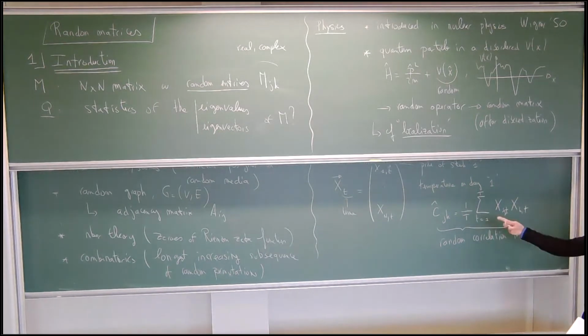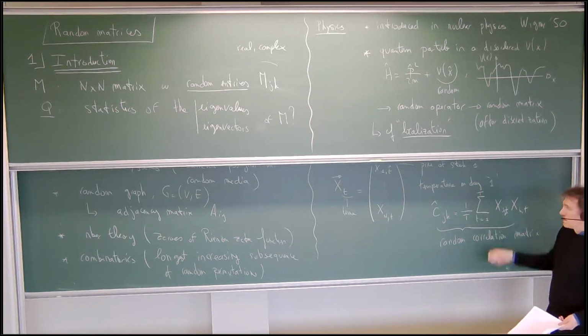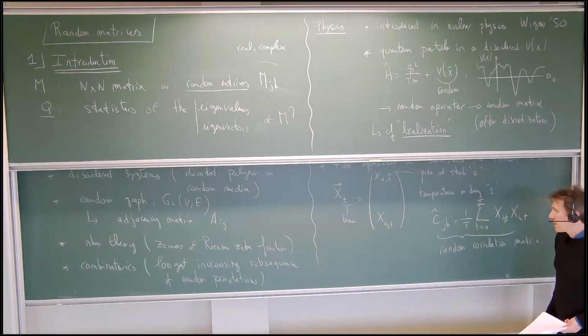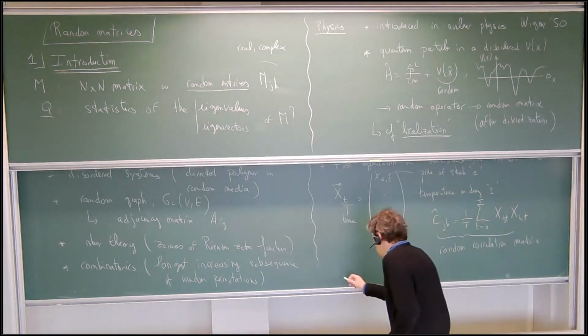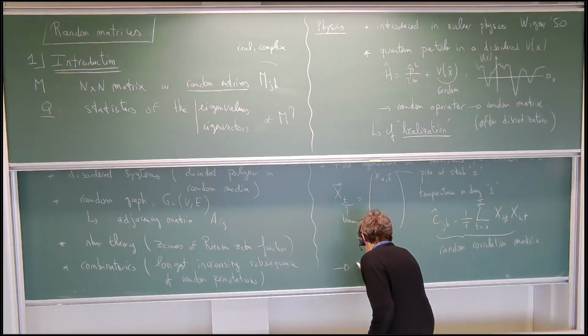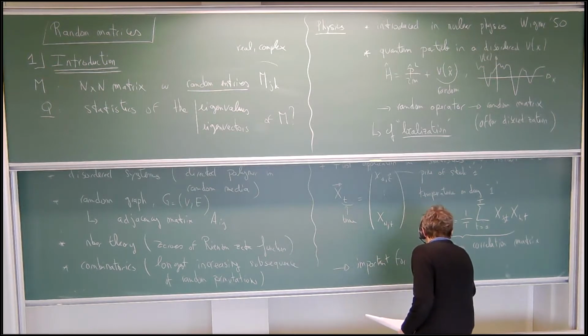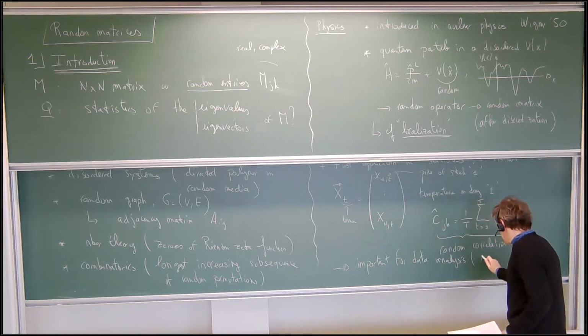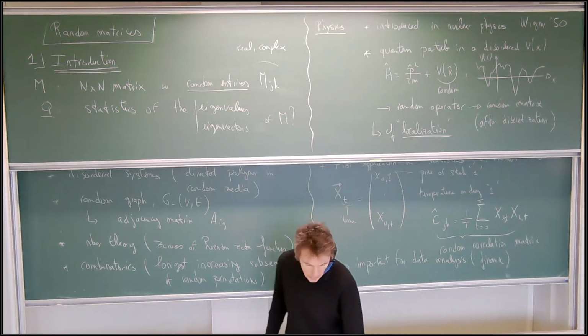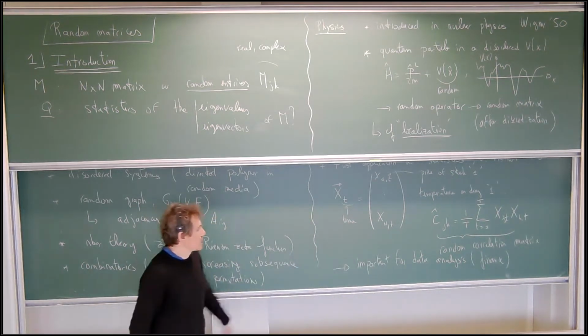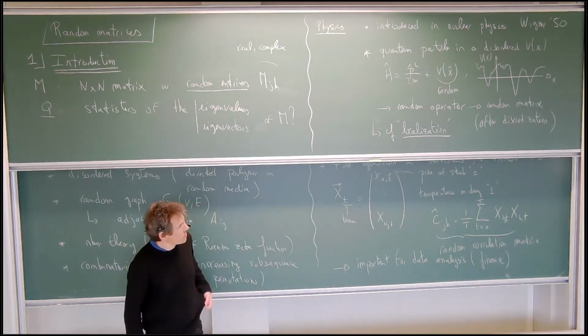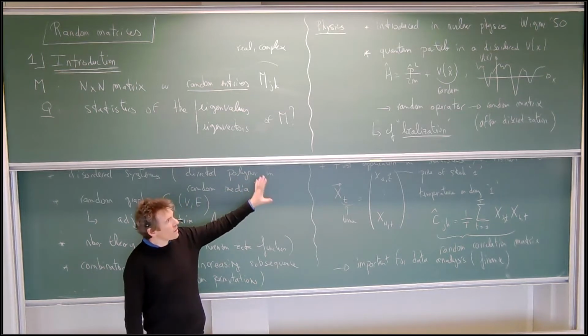Generally speaking, these random matrix models play a very important role in data analysis, and in particular in finance. So maybe if some of you are following the lectures by Jean-Philippe Bouchaud, probably he has been discussing a bit this kind of correlation matrices. So that's a very brief